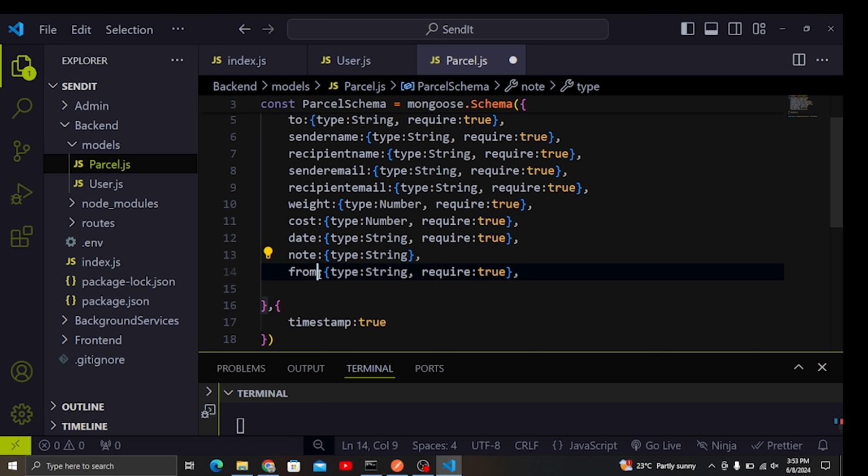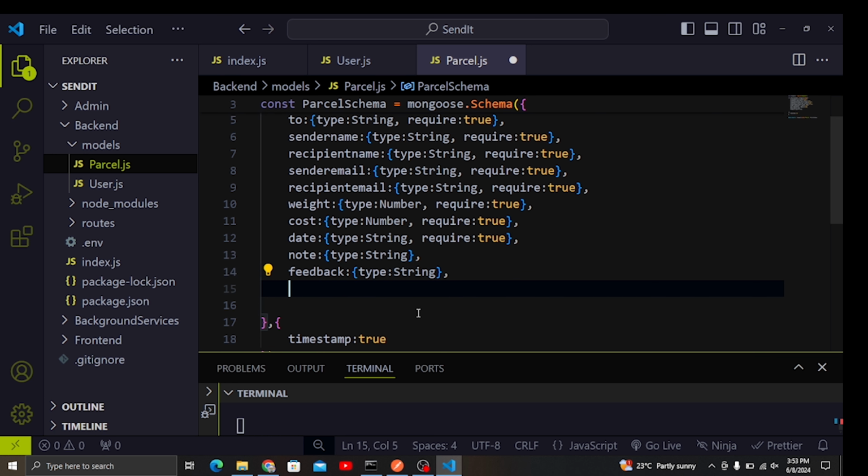So here also, after the note, we can have the feedback. So the feedback here, it will be a string, and the feedback will be written by the sender when the parcel has been delivered to their destination. So this is a feedback from the sender. And then here also we are going to have the last thing, that is status. And the status here, this will be number